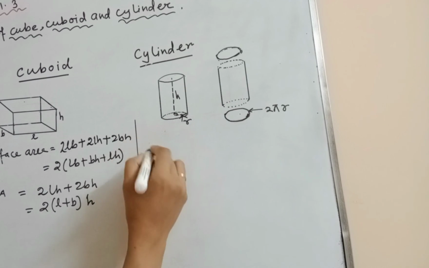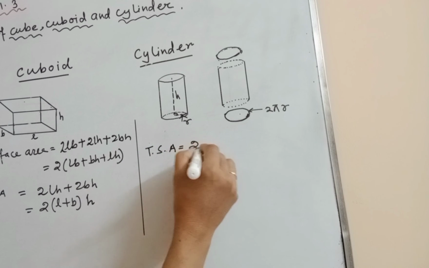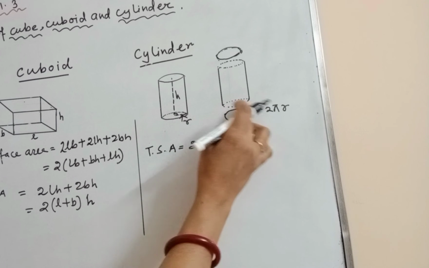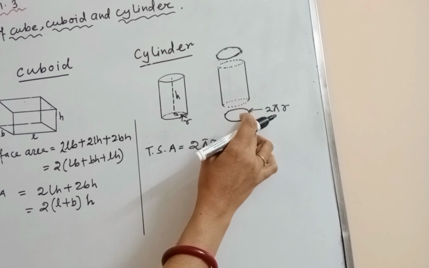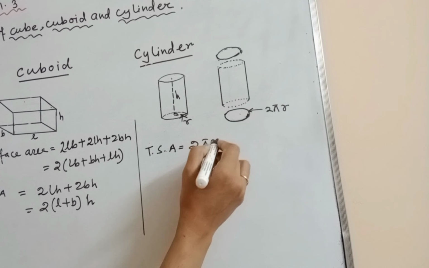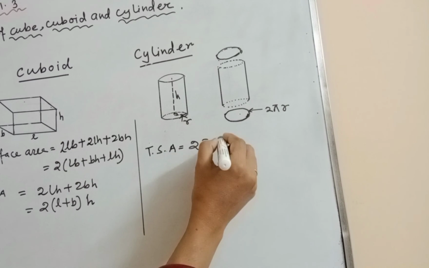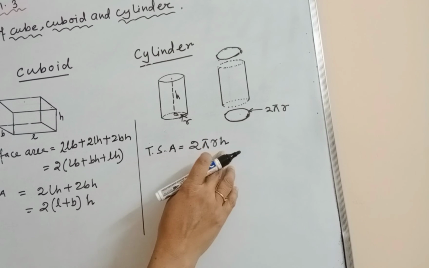Then the total surface area will be 2 pi r. 2 pi r means the circular boundary of this circular portion, the circumference of the circular area. And why is it h? Because the height is h. So how many times will it multiply? That is 2 pi r into h. Total surface area: 2 pi r h